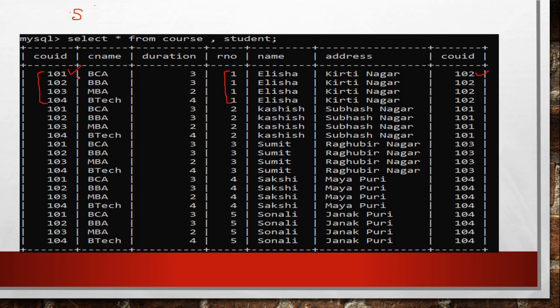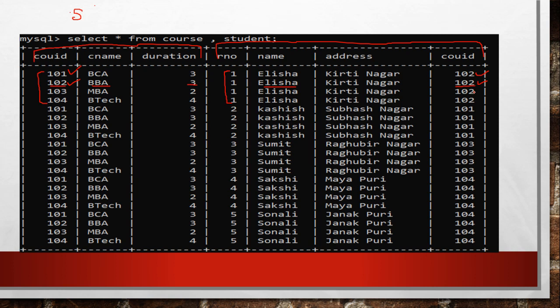But when you move to the next record, the course ID is 102 and over here it is also 102. So this record matches, because these three fields belong to the course table, whereas these three fields belong to the student table. So the course ID of the student is equal to the course ID of the course. In this case, Alicia and the BBA course and the duration of that course, 3, is shown.